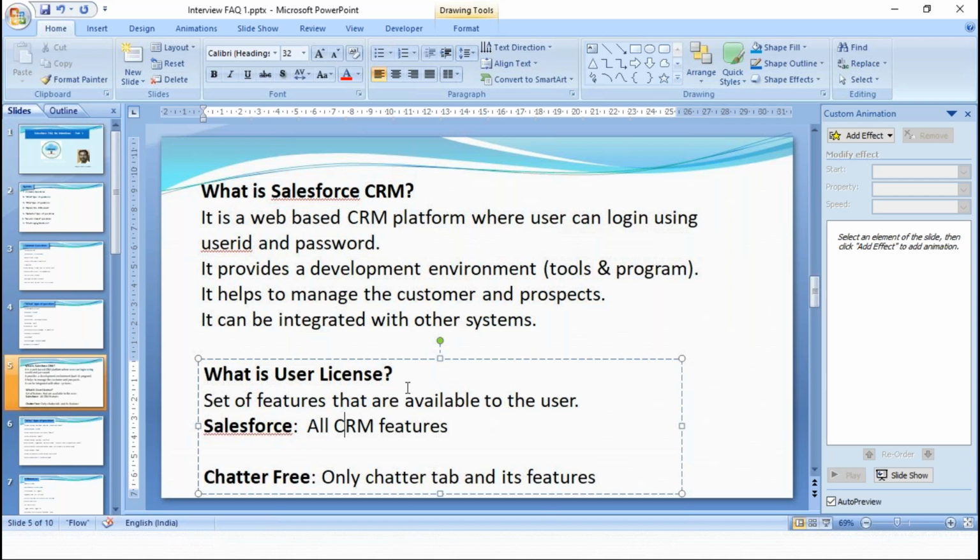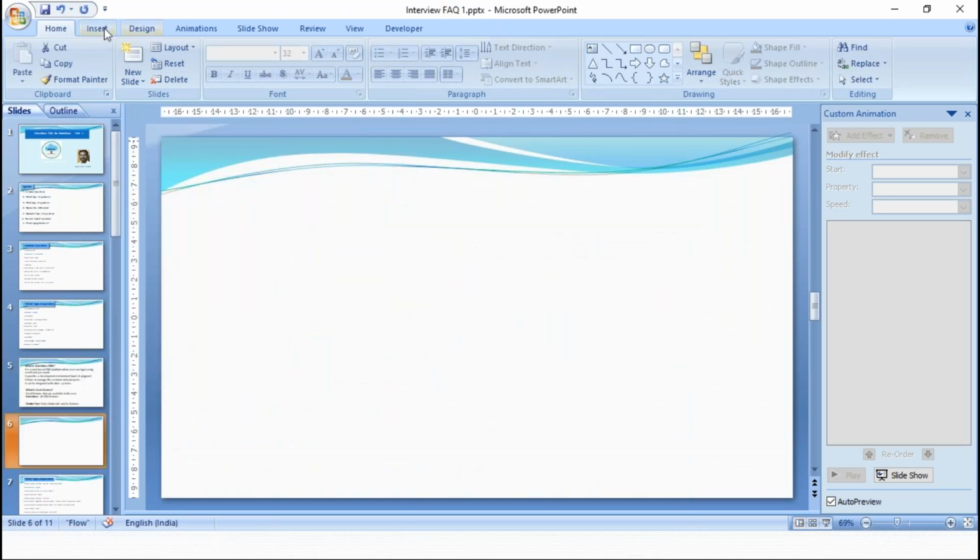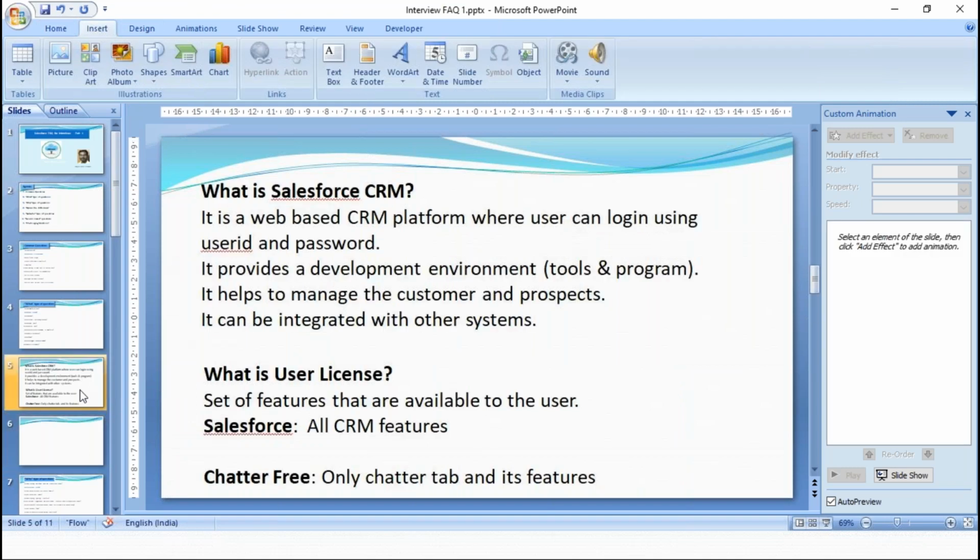And what is edition? An edition is a bundle of features meeting a business objective. In general we have two types of edition: paid edition and free edition. The free edition is the developer edition.